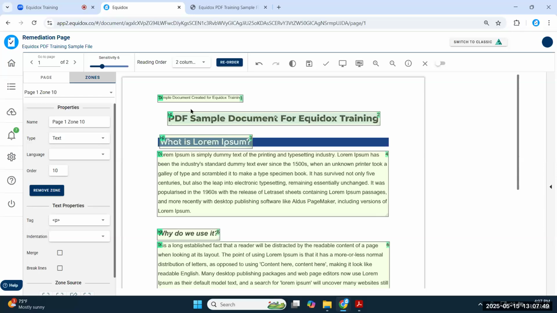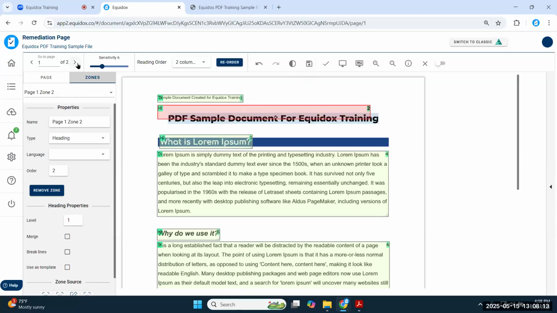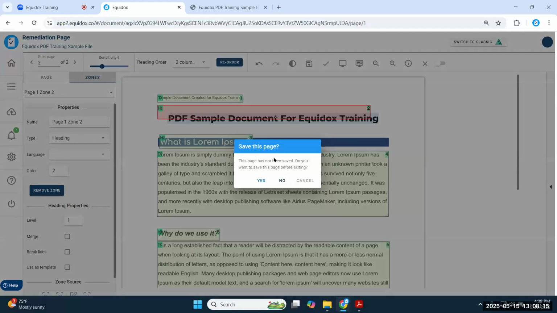Gotcha. Okay. And then the second one was, if we're remediating something and the browser crashes or something like that, is anything auto-saved or do we have to hit save every once in a while? So there is a save button right here, which you can press at any time and it will save the page. Now, if you make a change to your page, like let's say I just move that zone a little bit and I try to go to the next page, it'll prompt me to say, hey, do you want to save? In this case, I'll hit cancel because I don't really want to. But in general, you're going to hit yes, right? So if you're clicking through the document page by page, you're saving at the page level.